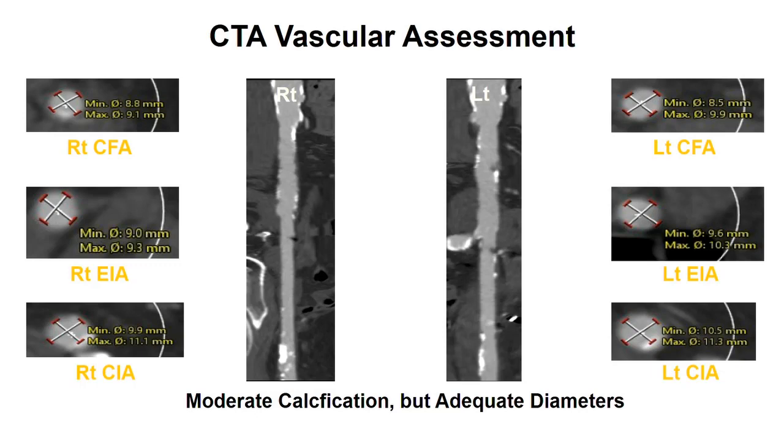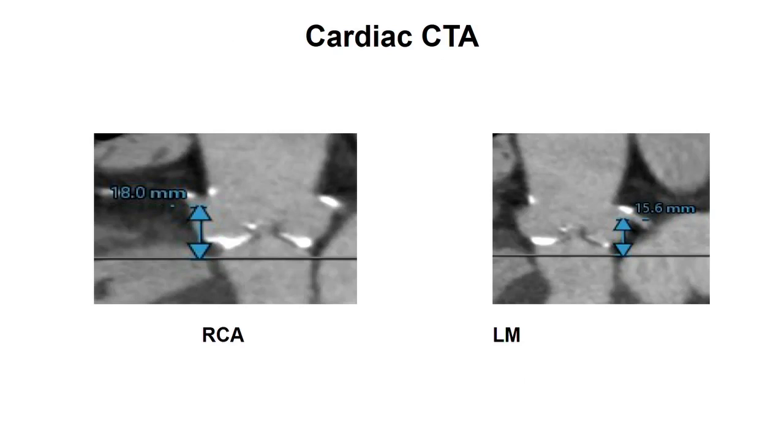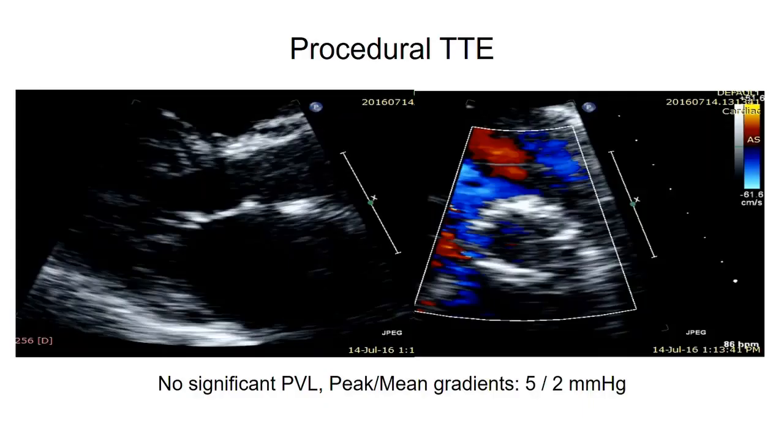So this CTA vascular assessment is really critical for us, as well as determining what valve size we are going to use, how eccentric and elliptical the annulus is, how much of this is calcified, and how much is involving LVOT calcification. Now, during the procedure, we started with TEE, but now we're using more TTE, except for very specific questions. And here is a case with no significant PVL, which is what we want to hear before we take the patient off the table.